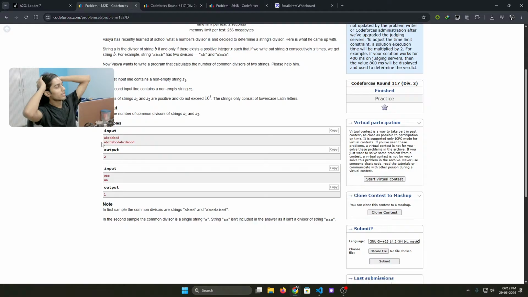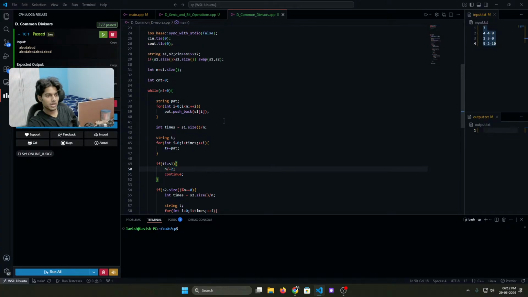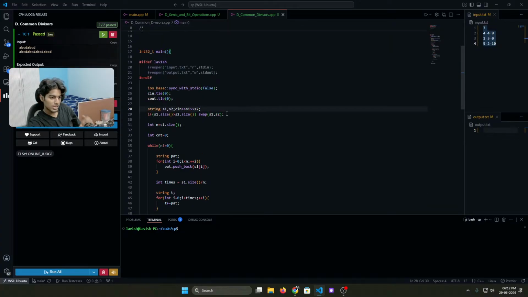So rather than log n, which is I believe incorrect, then the solution will be like n root n. Let's do this thing. Let's first find out the divisors for both the sizes, and then we will see if